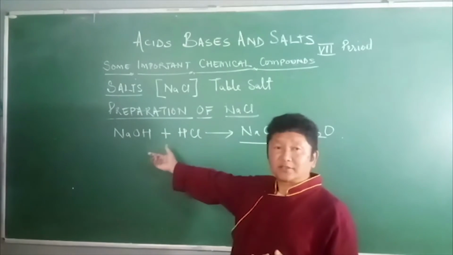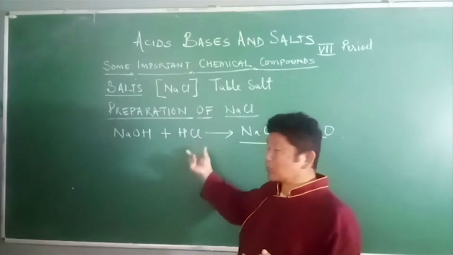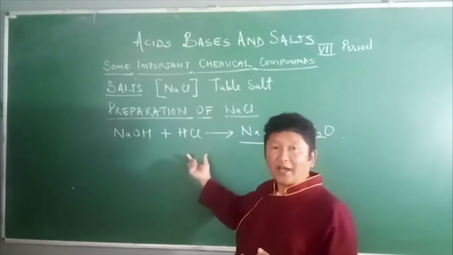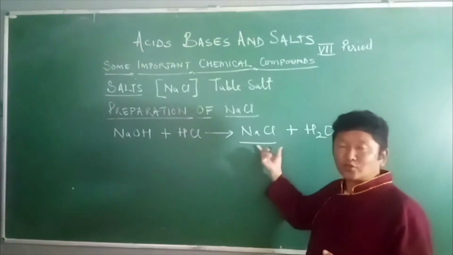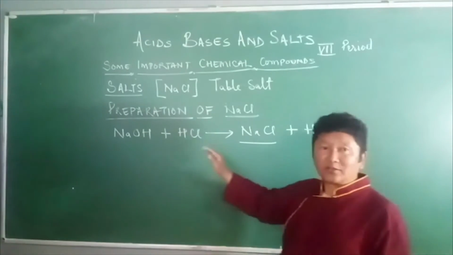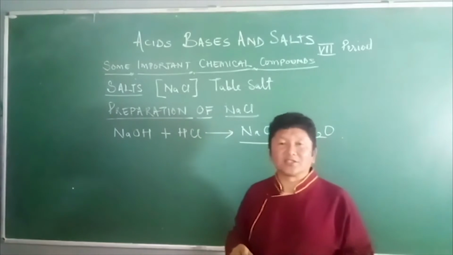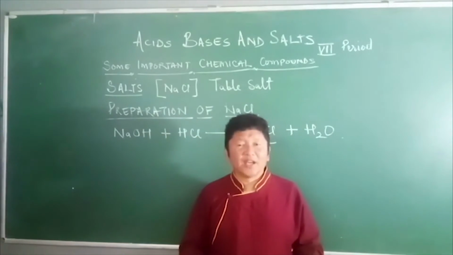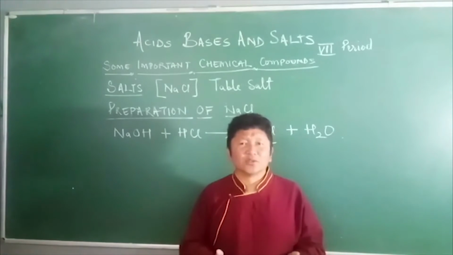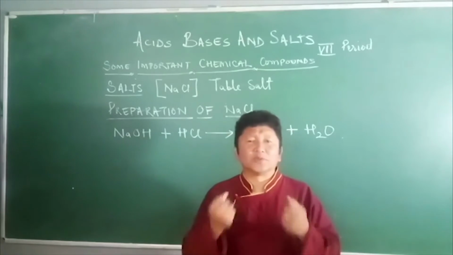sodium hydroxide as a base and hydrochloric acid as an acid. When acid and base react, there is a formation of salt and water. Now this is a neutralization reaction. With the help of a neutralization reaction we can prepare sodium chloride, and as a natural resource we can obtain salt